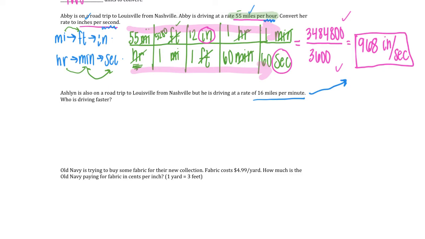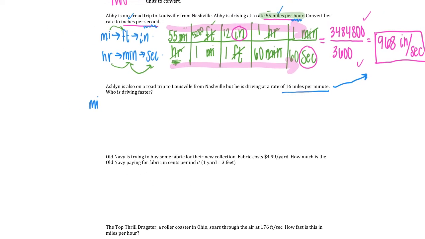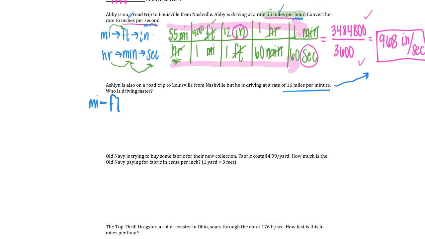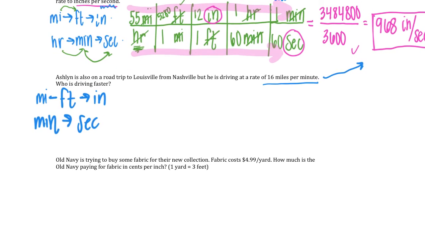So off to the side, just like you've done before, make sure you're making a map. We're going from miles. What do we need to go to? Inches. So we first need to jump to feet, and then we can go to inches. And then we're given minutes, but we need to go to seconds. Put the rate that you're given back here in as the first part of your T-chart. So we have 16 miles